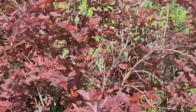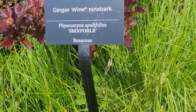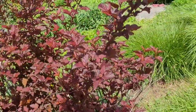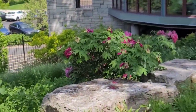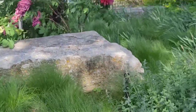This is again Physocarpus opulifolius. I told you about this shrub earlier, ninebark, Physocarpus opulifolius. Very fascinating color of the foliage. So fascinating, red, wine red color. I will show you peony. Here's the peony, garden peony. These are peony blossoms, the catmint, and